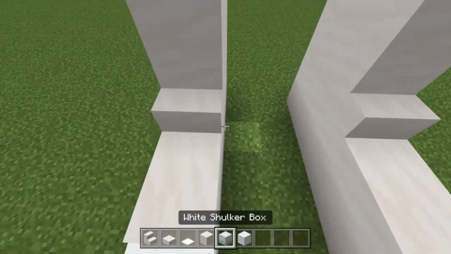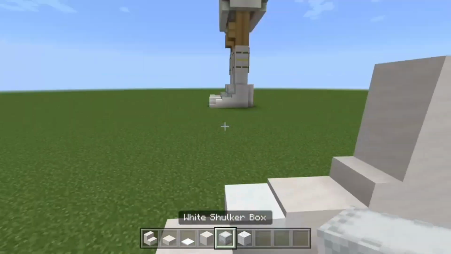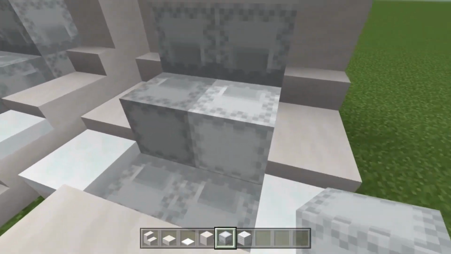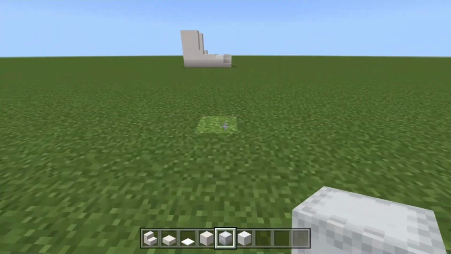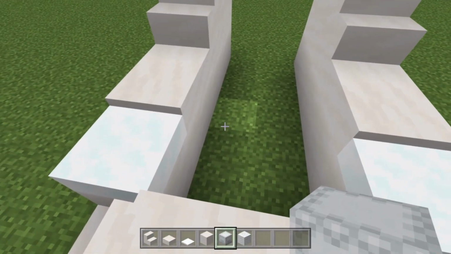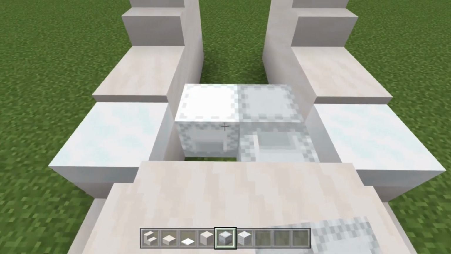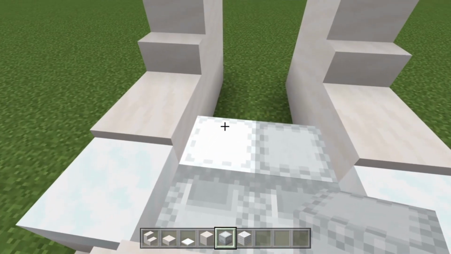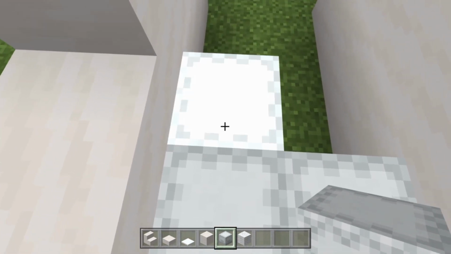Awesome. Next, take your white shulker boxes. Please remember guys, when you're placing these, you will have to shift or crouch click when you're placing them on one another, just because they do open like a chest or something, so we've got to be careful. We'll go ahead and stick 2 just here, so we can place 2 this way. We want the little squares to be visible so they look like the laces of the shoes. We'll come back here and do the same, 1, 2,